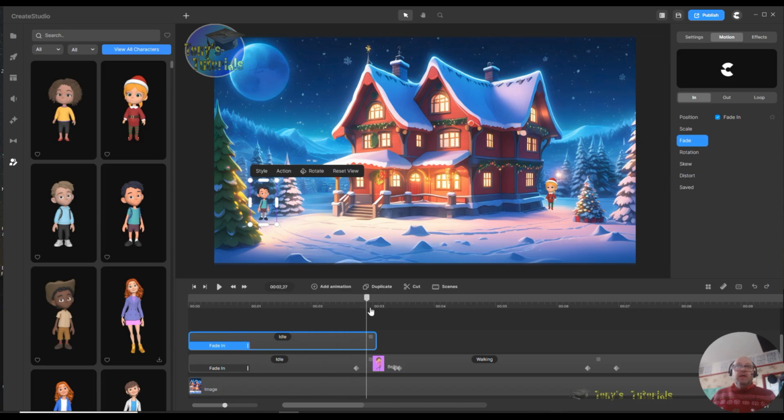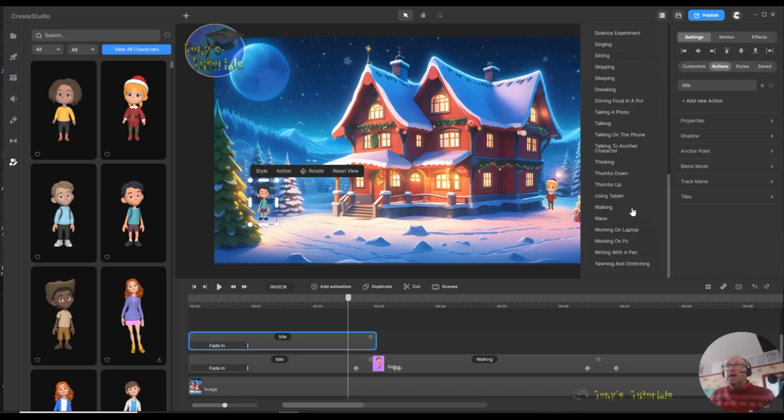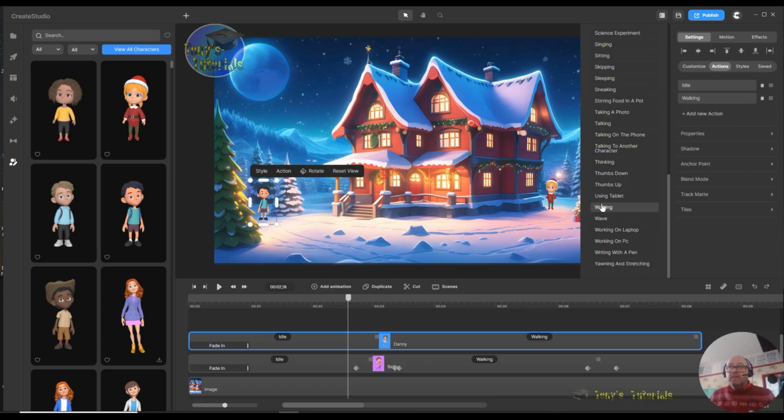Now he needs to walk in as well, so we're going to have a walk in for him. So we need to get him on here. One minute. New action, so I need to get that on. Wait a minute. Settings. Add new action. Walking. Oh no, what was it? Yeah, it's walking first. He needs to walk first, and then he's got a wave, right? So we need to change that. So we just need to click on